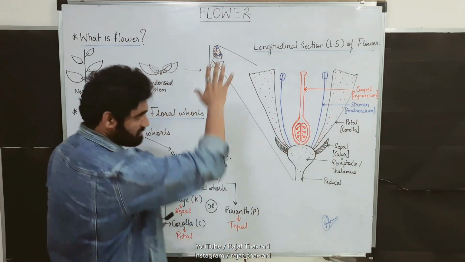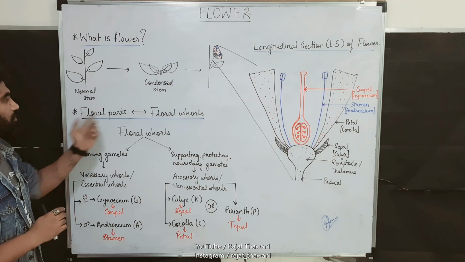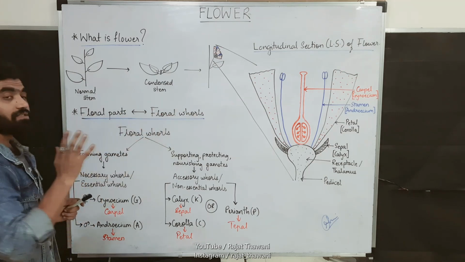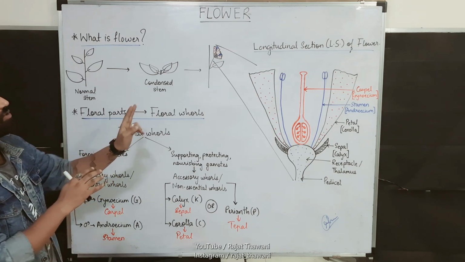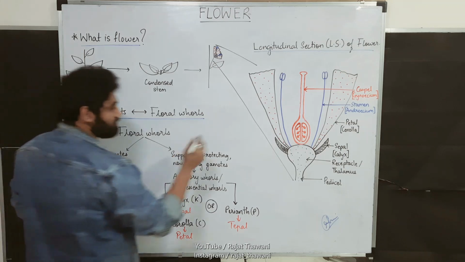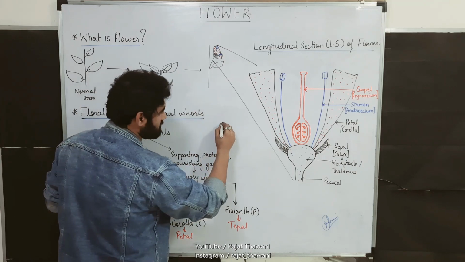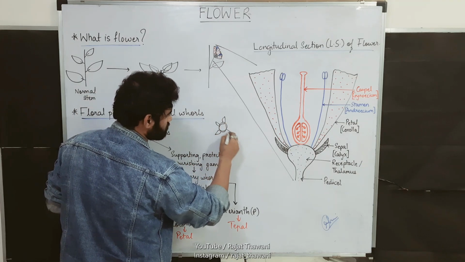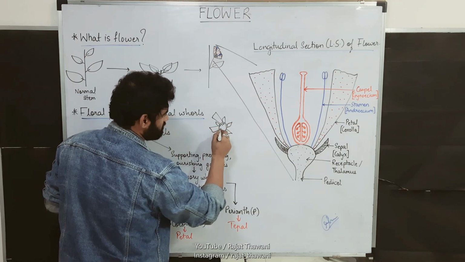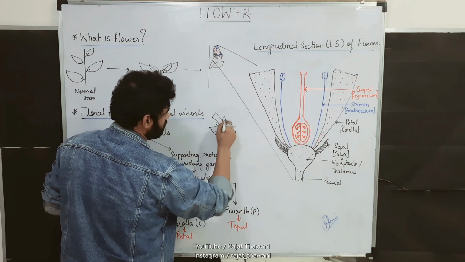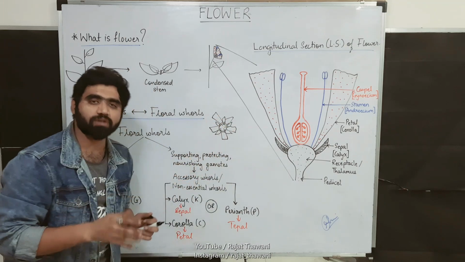Now we'll discuss this once again, but let's come and discuss this part initially. Here you can see I have written floral parts equivalent to floral whorls. Now why is it called a whorl? Whatever parts of the flower are present, they are called the floral whorls, or whorls of the flower. Why is that? If I see the upper view of the flower, I can see the calyx is present in this way, outermost. You can see the arrangement is in a circular manner. Similarly, petals will be present somewhat in this way, and the remaining parts are present in this way. So you can see the arrangement is circular. This circular arrangement is called a whorl.